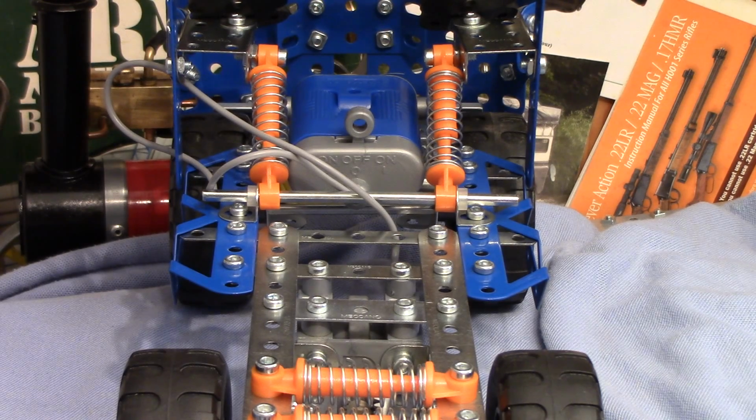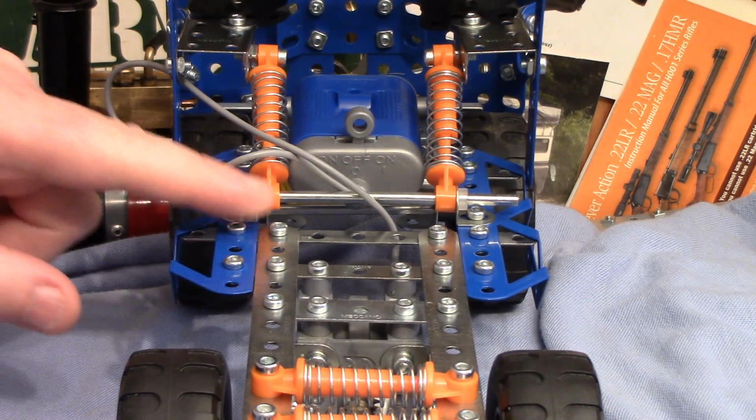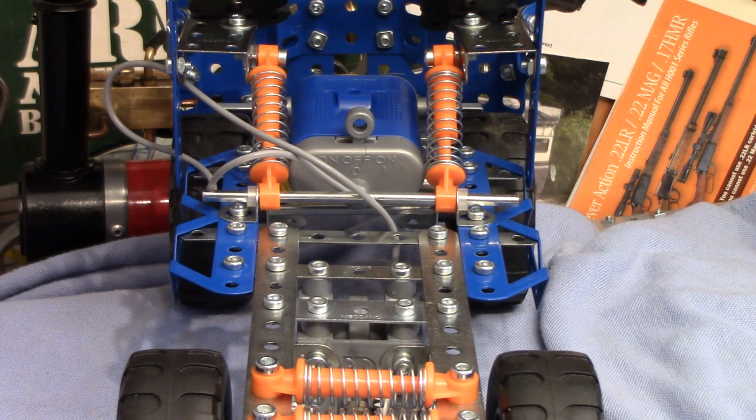One is you're only given standard length bolts to do so, which screw from underneath. Because you've got the bolt heads here, that means the battery box can't fit flush, therefore the bolts aren't long enough. So in an attempt to rectify the situation, in hope, I got two 12mm bolts from the set, hoping that they wouldn't be needed in a later stage of the build, and I used some spacers. I can't remember now, the spacers probably were spare, but anyway the bolts were used later on, so I had to remove the bolts, and in the end I put the battery box to where you can see it now